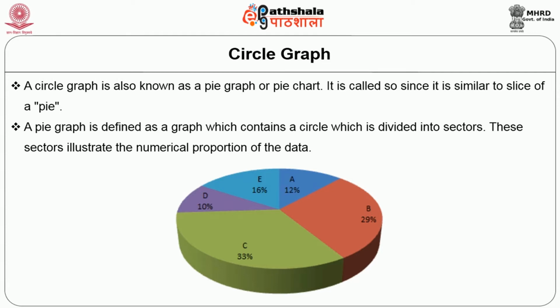Here we can have a look at the pie chart which is divided into 5 divisions representing different units. The arc lengths of the sectors in a pie chart are proportional to the numerical value they represent. Circle graphs are quite commonly seen in mass media as well as in the business world.